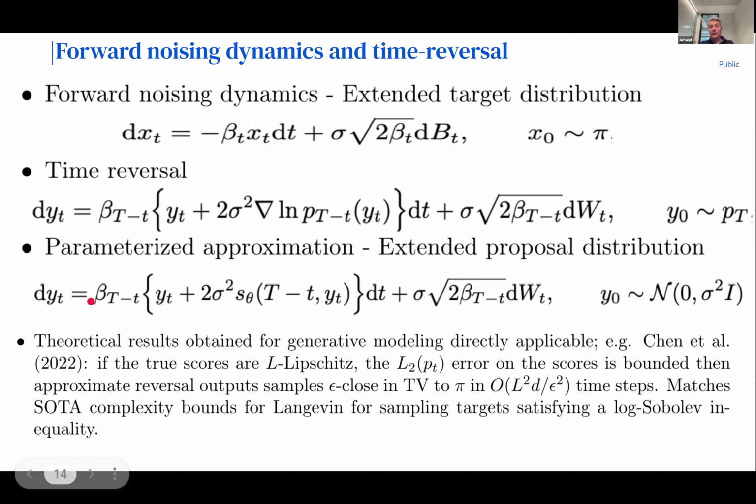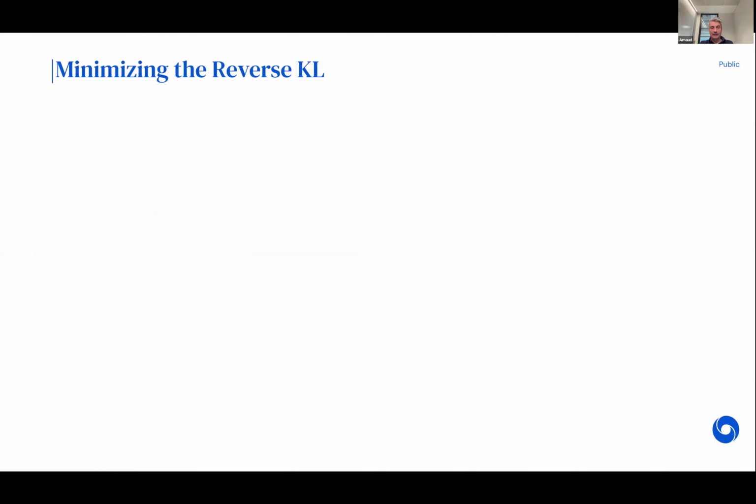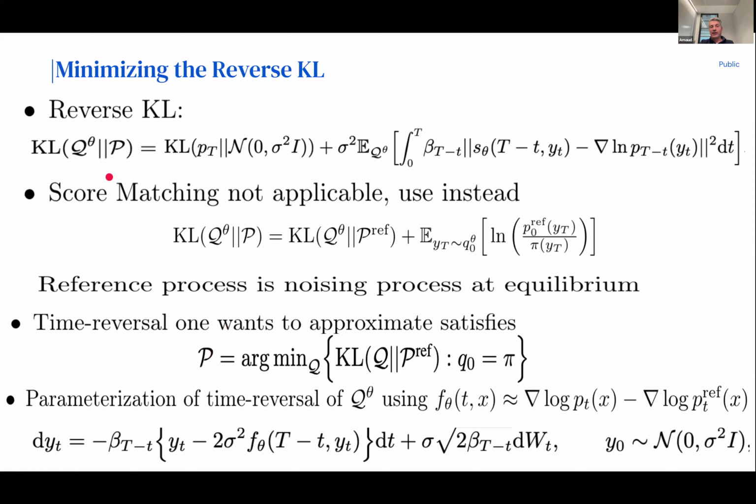Now the key thing is obviously, are you going to be able to approximate this score? As we're going to see, it's not easy. First, I'm just going to skip that. You could say, okay, what I could do is try to use this kind of technique that was presented in the previous talk. This was minimizing this kind of denoising score matching type criterion. Okay, so you could try to do that.